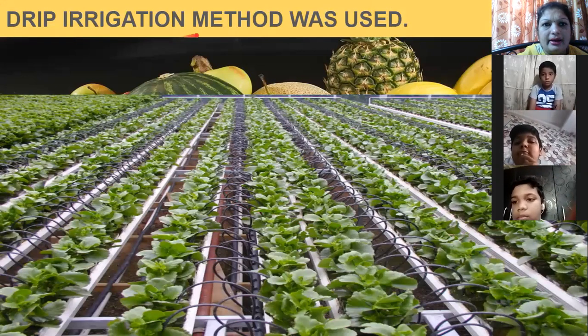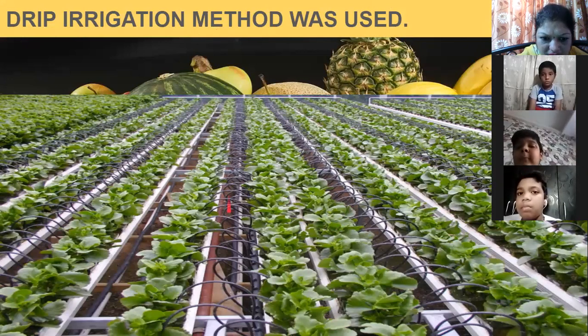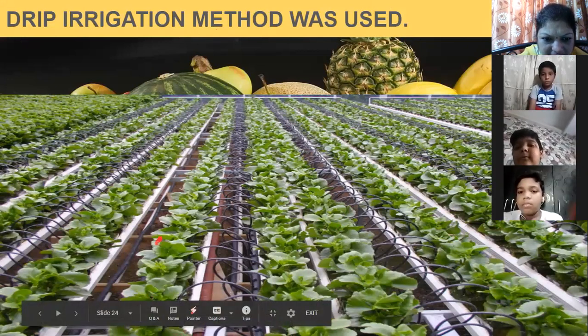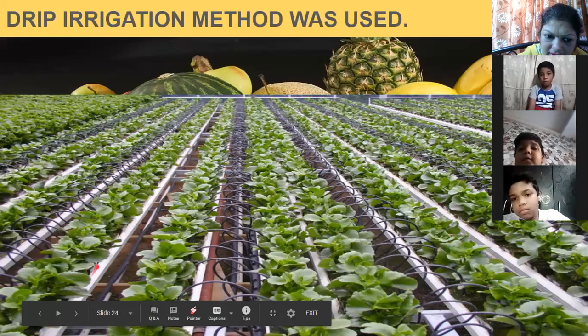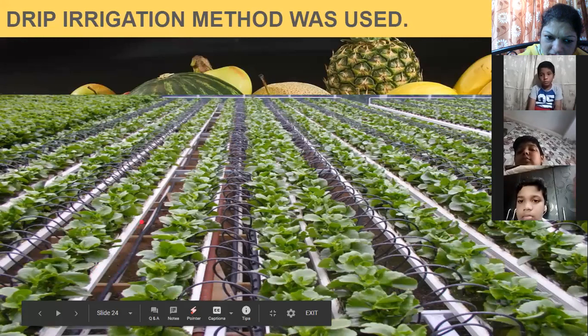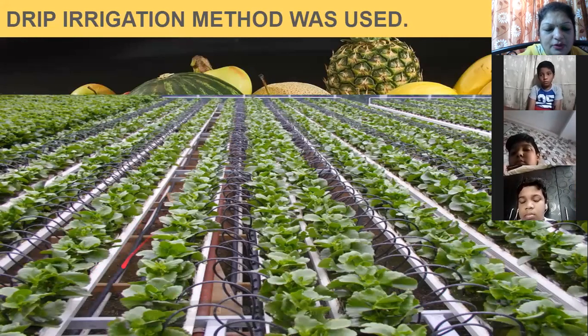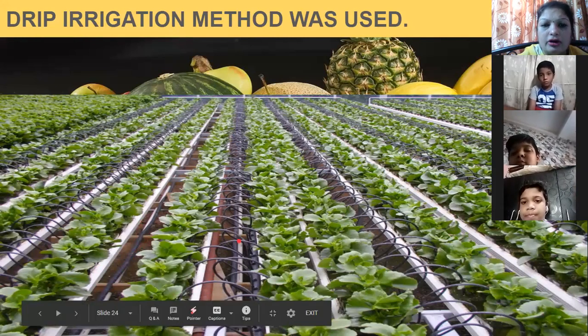Now what do you mean by drip irrigation method? Can you see here the crops, and beside the crops you can see the pipe. This white color is a long pipe which is going through the crops. Okay, and you can see these curls. These are all small pipes. Now through these pipes, actually what is there in this pipe? You can see here this black color pipe also which is going along with it. Yes, these pipes are providing water to the crops.